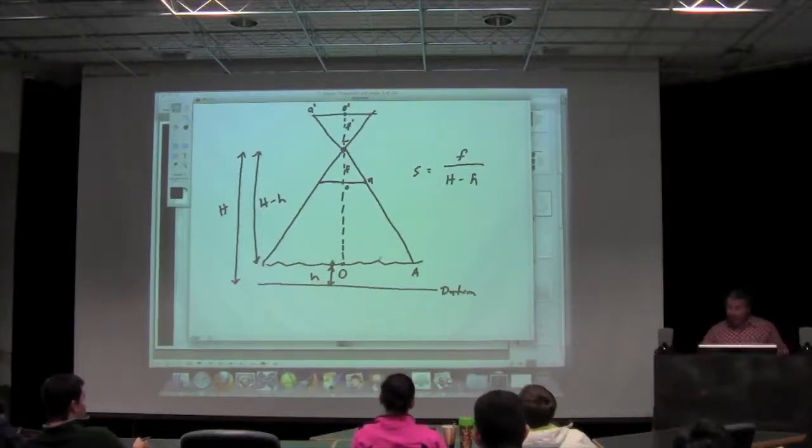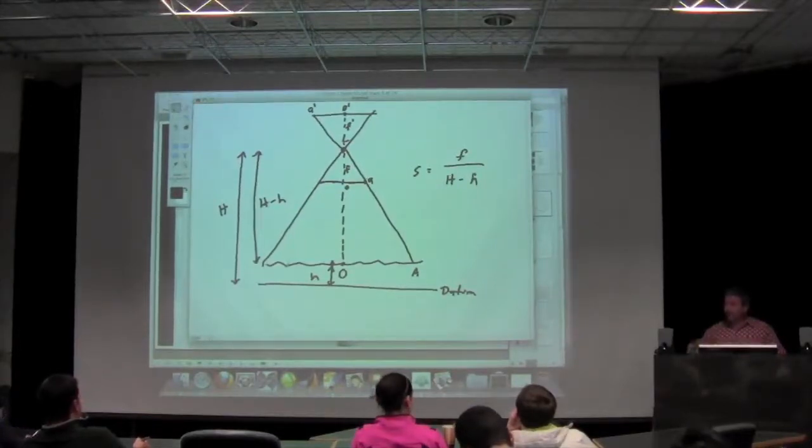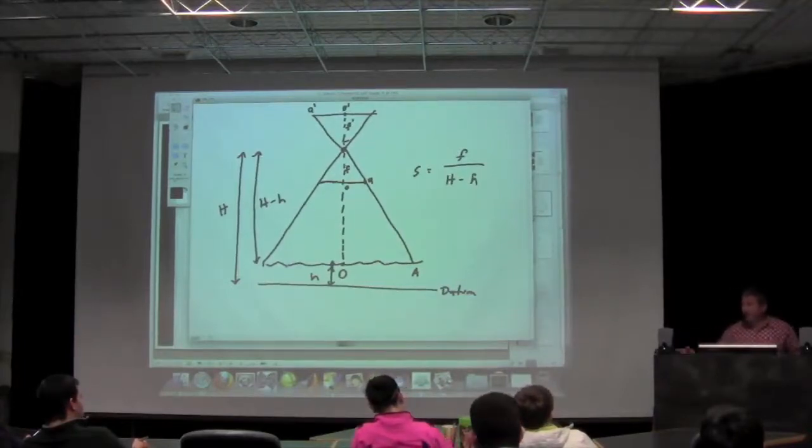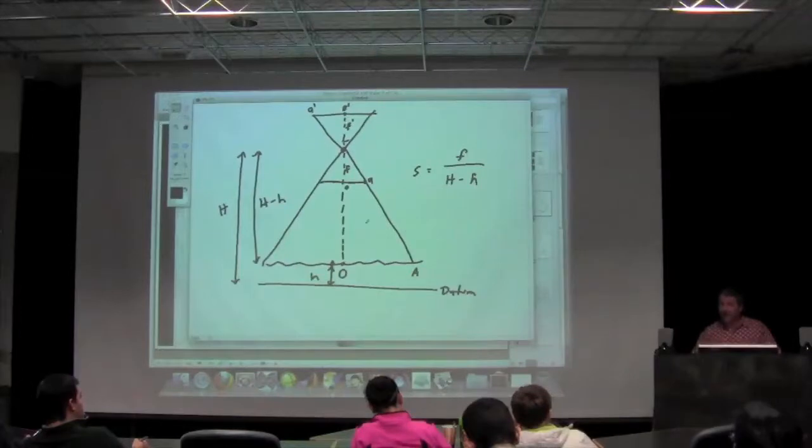But the scale is going to be different at this point because it's a little bit higher. And the scale is going to be different at this point because it's a little bit lower. So our scale is going to change as a matter of position within the scene. So you got to be careful when you're making a measurement to take that into account. Now,